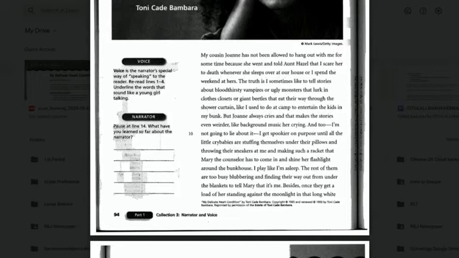I play like I'm asleep. The rest of them are too busy blubbering and finding their way out from under the blankets to tell Mary that